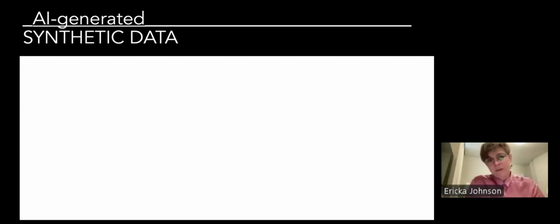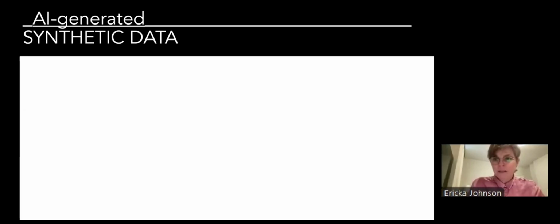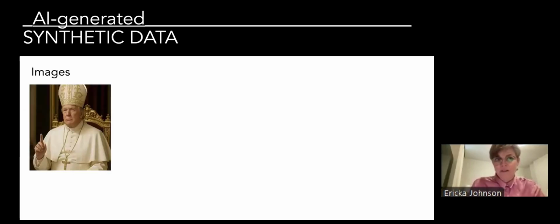However, the work that I've been doing more recently has been collaborating with a machine learning researcher and analyzing what happens when you generate synthetic data with machine learning techniques. And those are the ones that I think are creating a need to have a different conversation about what we're doing with synthetic data and how it can be shared. That said, synthetic data can still mean a lot of things, even if we're talking about AI-generated data.